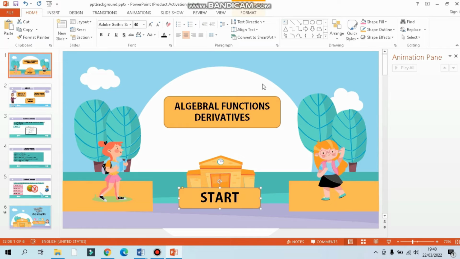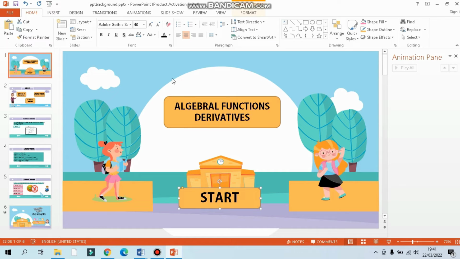Okay, now if we want to make an animation where if we click the start button, the next slide will appear, then the start button must be given a hyperlink action. To give a hyperlink action, we can click the shape of start.